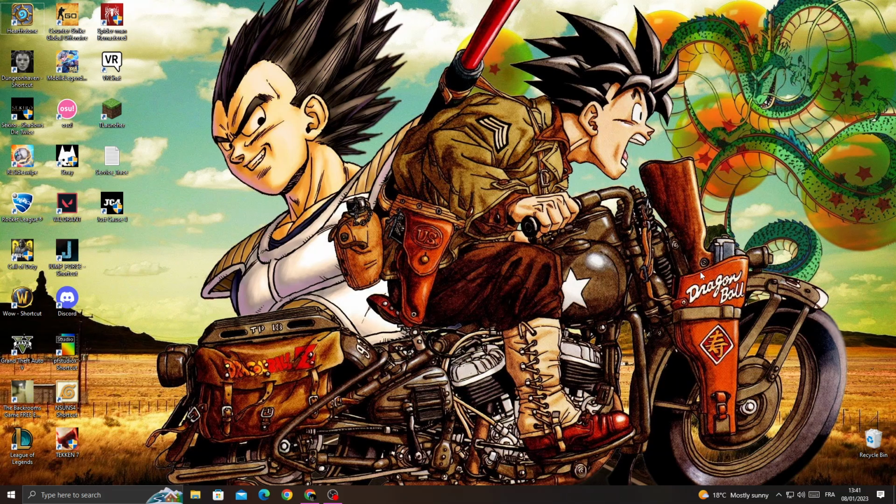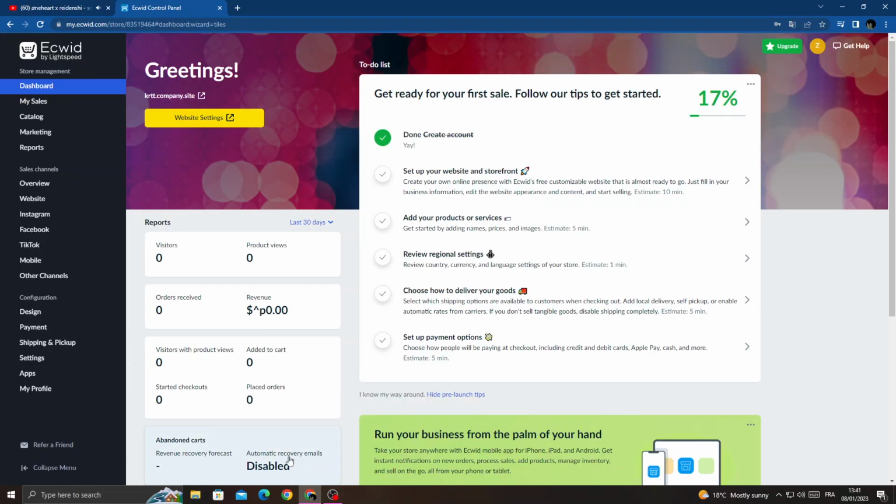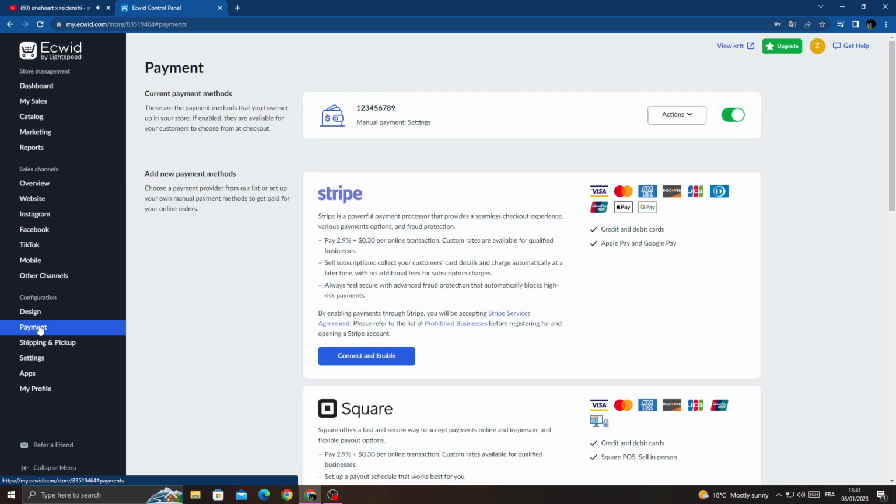First, open your browser, and now once you're here, click payment, and here we'll find this one, current payment methods. Now click edit,